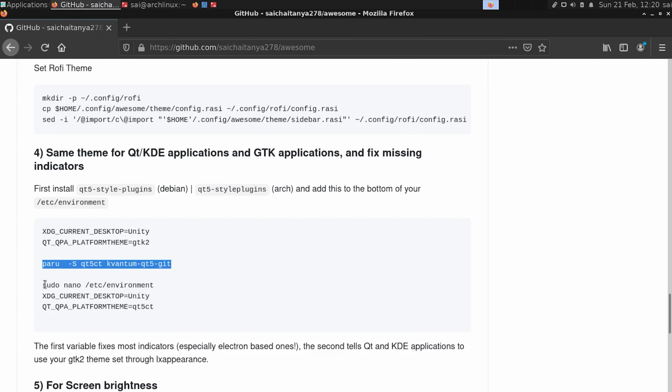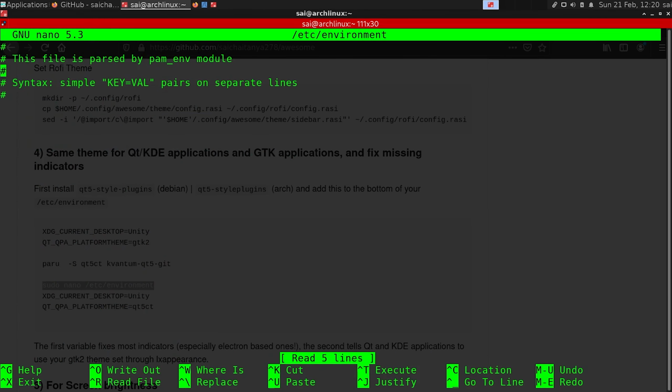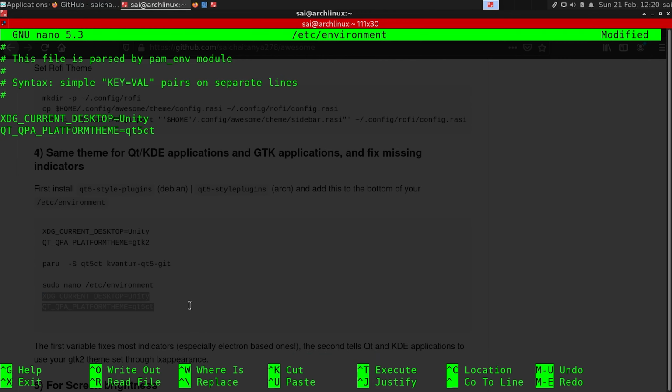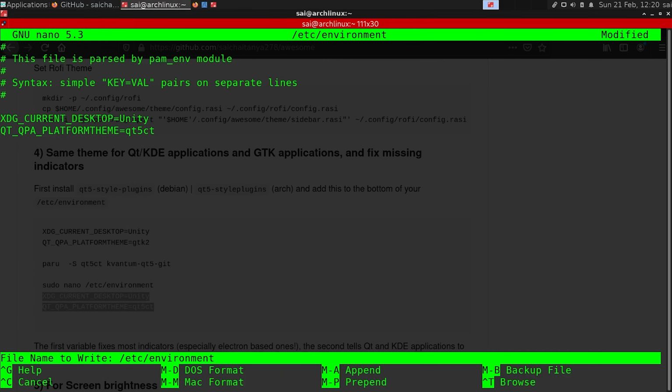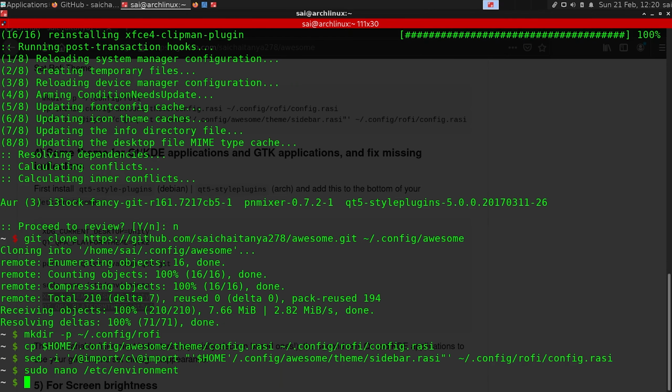After installing, you need to set the environment. Just copy this command, nano environment, paste it here, press Control O and enter to save, Control X to exit.